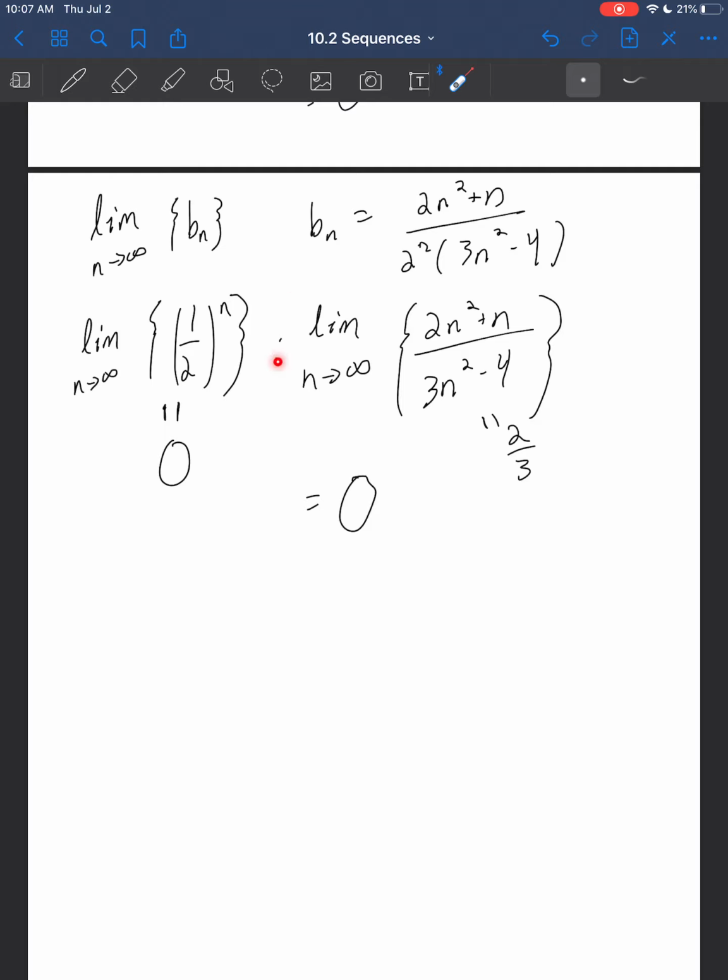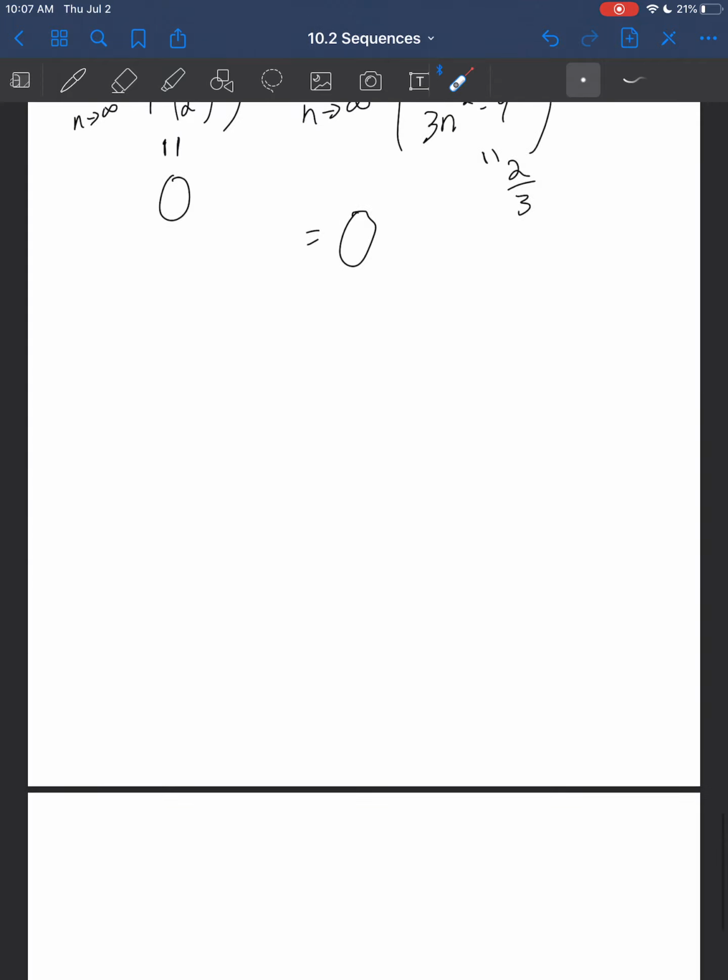Because these limit rules we were talking about require the limits to exist. So since this limit exists and is 2/3, and this one is 0, my entire limit of these b sub n's is going to be 0. Great. Okay. So let's now talk about some terminology and then a couple more tests we can do for determining